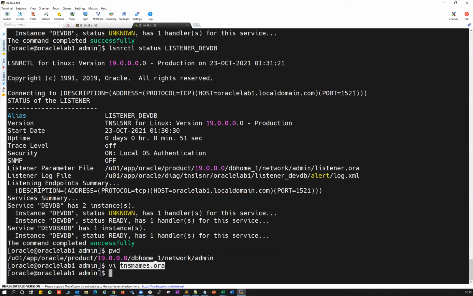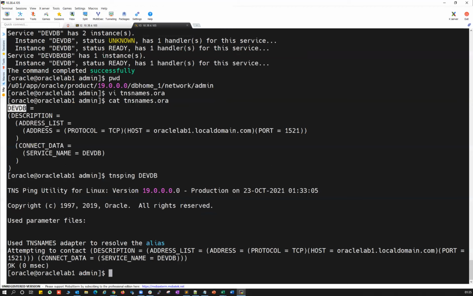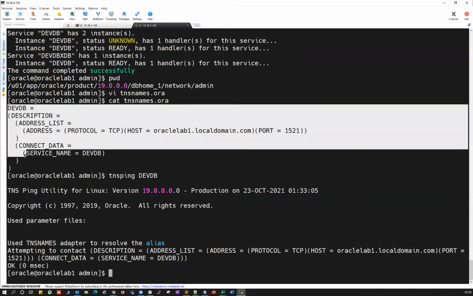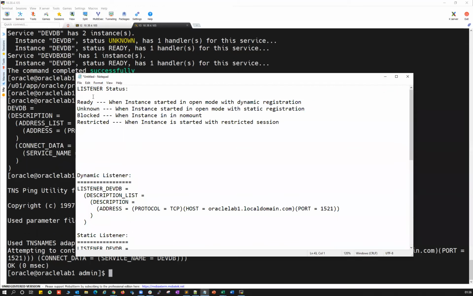So just to verify, use a cat command, and then you can do tnsping. tnsping is a command to verify whether your services are listening or not. Right. So you got OK, 0 milliseconds. So your listener is up and running, and your listener is listening under this particular service. And any application or any user can connect to my database using this TNS alias or the TNS name. That can be verified using tnsping. That's pretty much what I wanted to cover in today's session about the listener, the TNS, and the various listener statuses. Right.